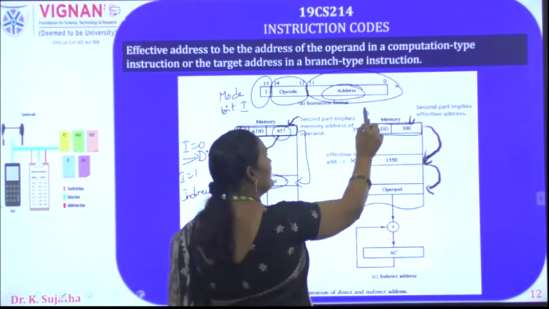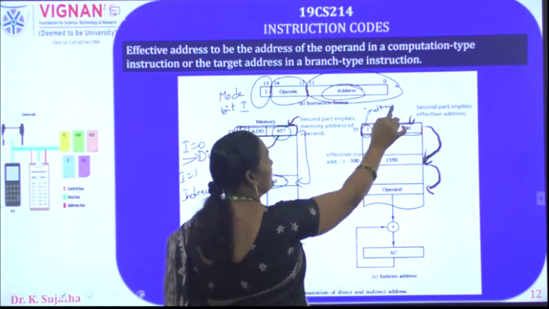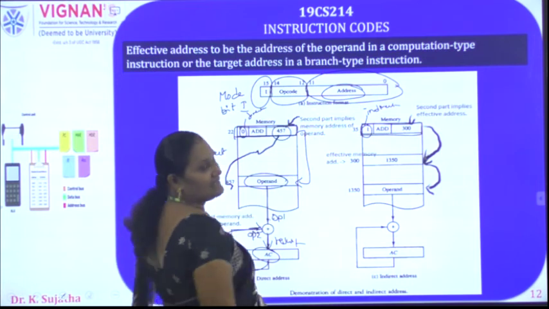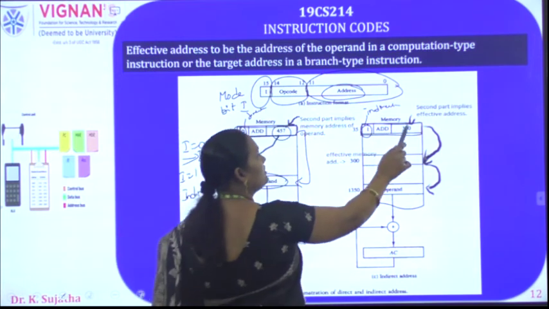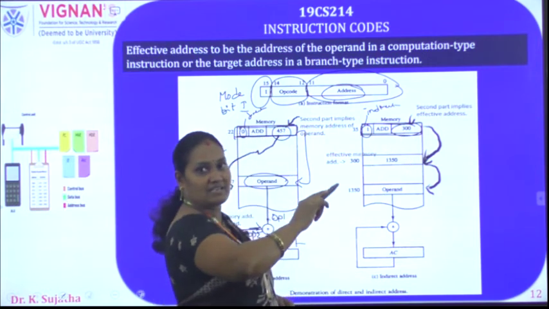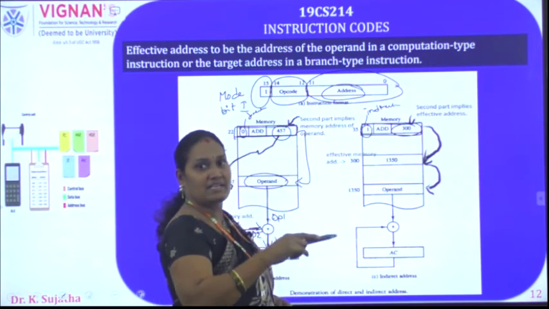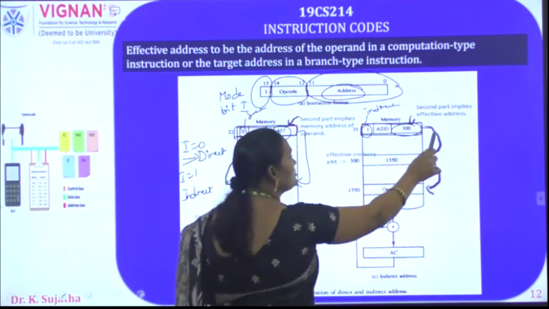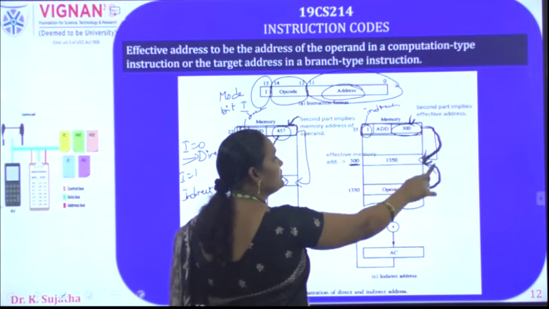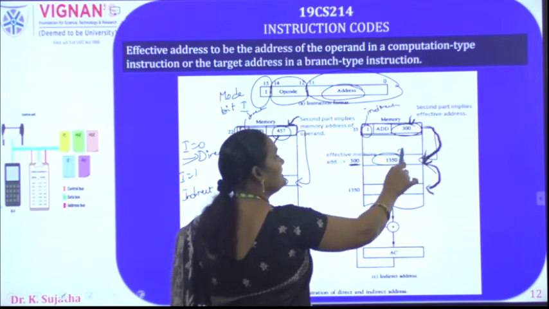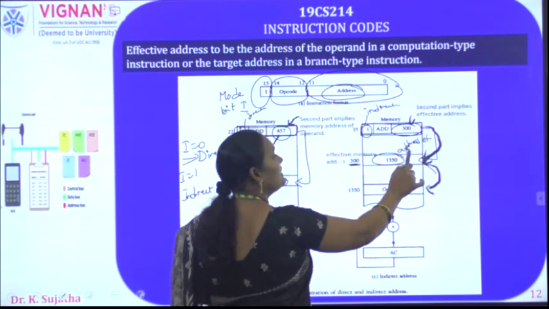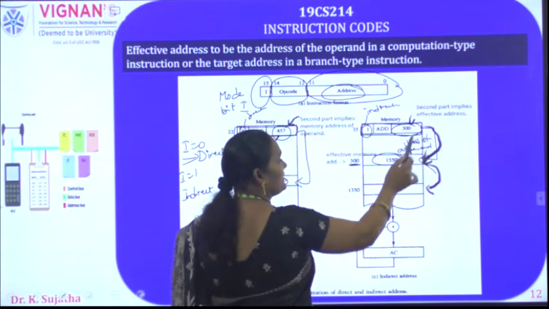That is, it is indirect addressing. If you observe this one, the mode part is 0. This is direct addressing. Okay. Now this one represents a memory location address where the address of the operand is available. So if you go to this address, this is the 300 address. If you go to this address, you will find a value which is nothing but the address of the operand.